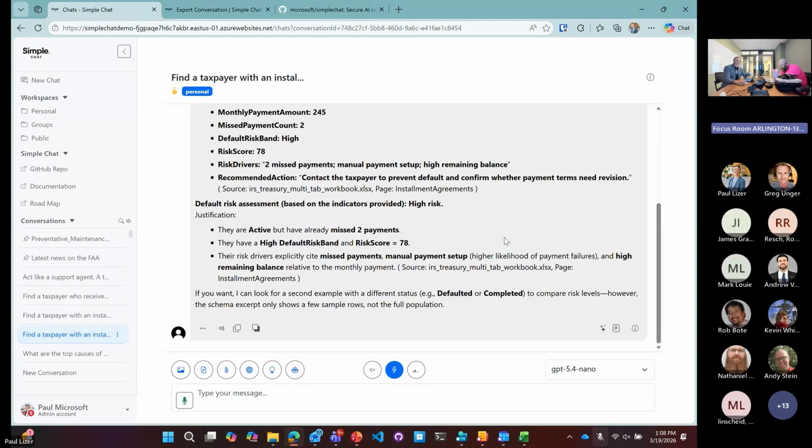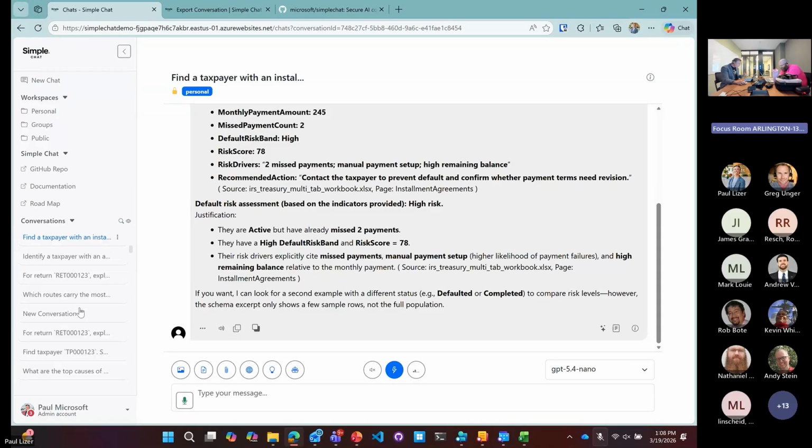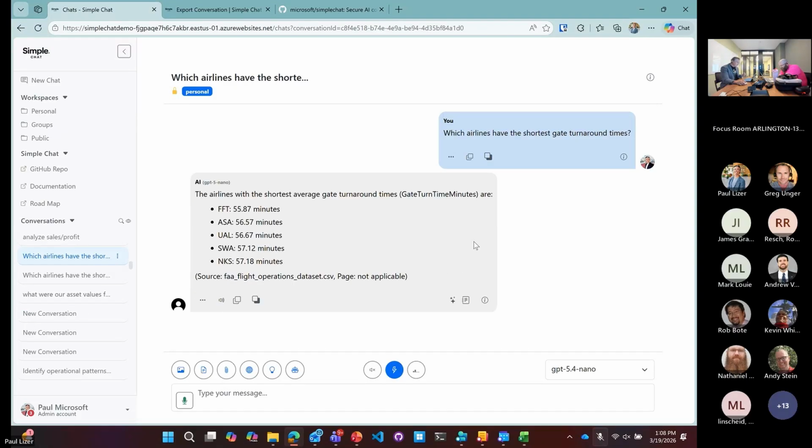We've been testing with this one, but we're also testing with fake documents that we've generated with the FAA information. And I'll show, here's another one. This was just a giant CSV, and this CSV is 10,000 rows in just one CSV and 50 columns.